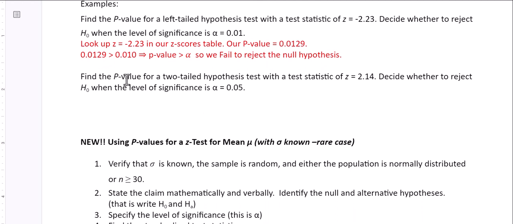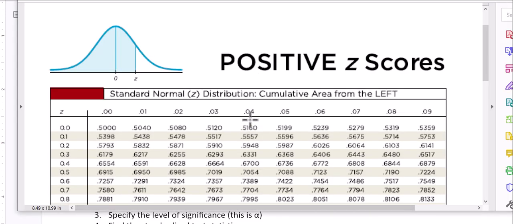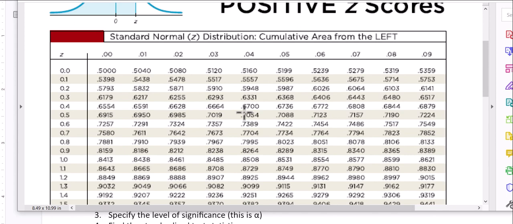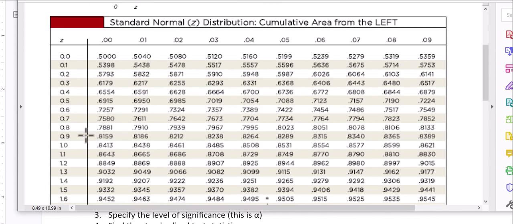Now let's go to the next example. Find the p-value for a two-tailed hypothesis test with a test statistic of z equals 2.14. Decide whether to reject at the significance level of 0.05. So now we're going to look up 2.14 in our table. Now this is a positive z-score, so let's go to the positive z-score table. And we're going to look for 2.14,